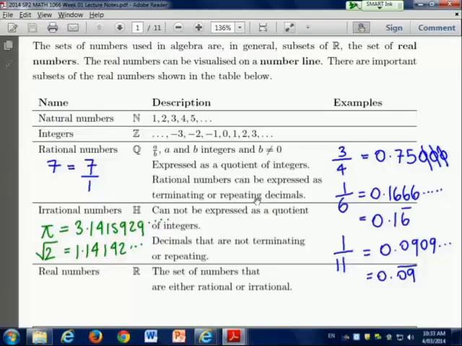Finally, real numbers. We come up against these all the time because they're the set of numbers that are either rational or irrational. So another way to say it, numbers that you can write as decimals. Yeah? So we can write,